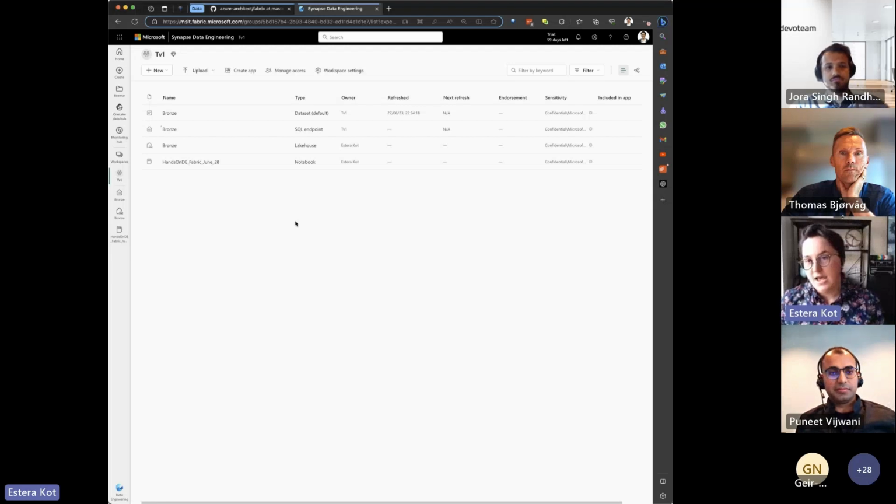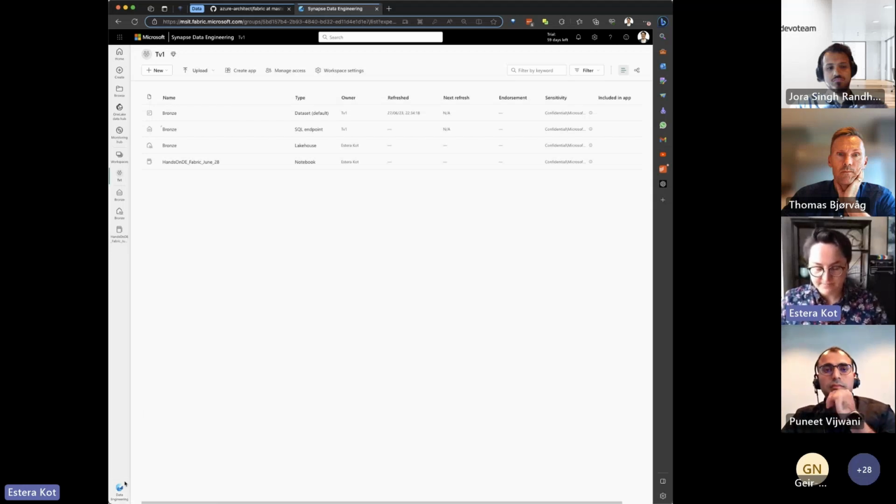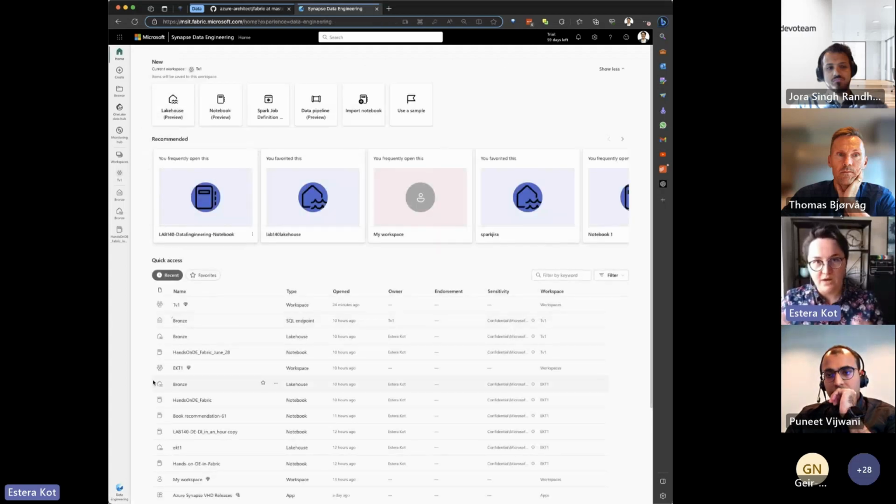Good. So we are starting with accessing Fabric. I'm using the internal version, but you will have similar features on your end. At the same time, you can switch the persona, the experience, when you click on the left button, bottom side. So I'm choosing data engineering. That is the place I wanted to author and show you the capabilities. And I will start from the very beginning.